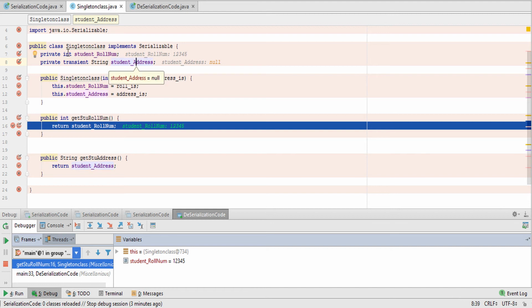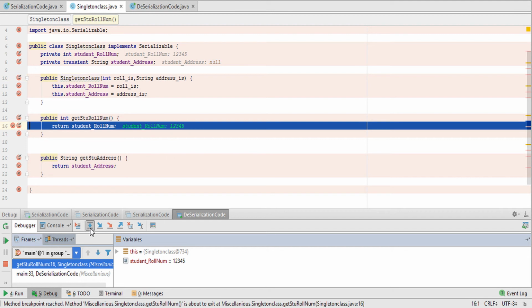If transient is present on private int student roll number, then the default value 0 will be stored. So whenever we use transient, the default value of that type of variable will be used. Okay, like String null, int 0.